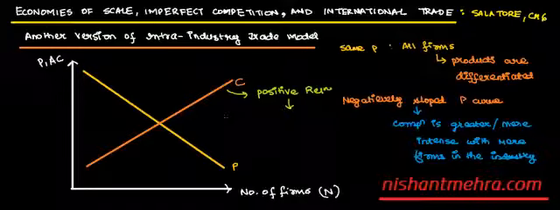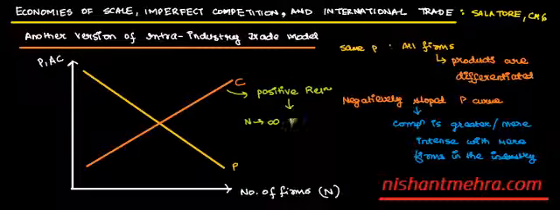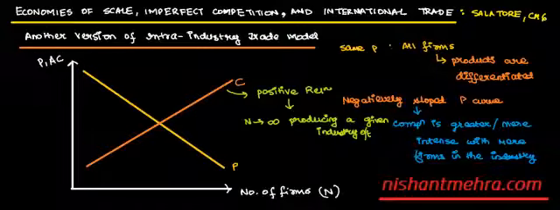You are saying when the number of firms is increasing, and they are producing a given industry output, now this given industry output will be distributed